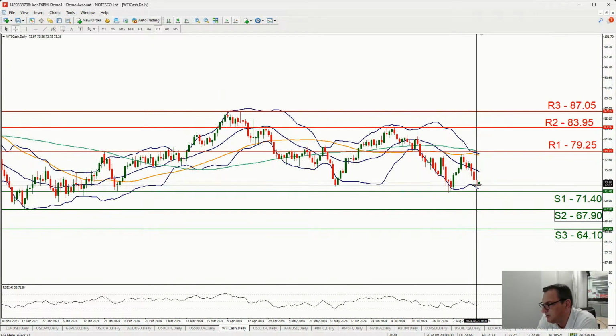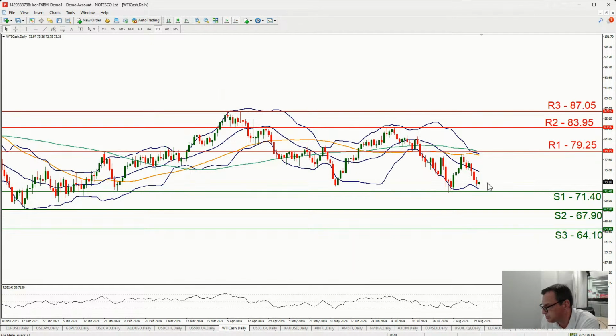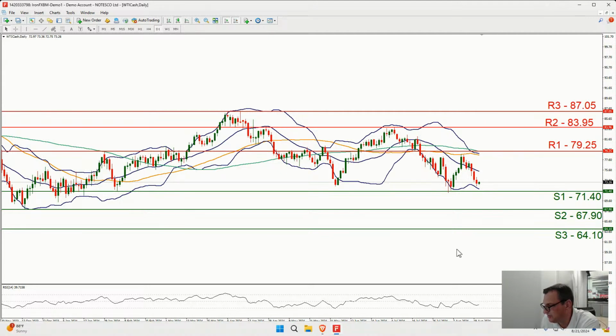On a technical level, once again, we're highlighting the sideways motion between the R179 and a quarter and the S171.40. For a bearish outlook, I would require the commodity's price to breach the S171.40. Mind you, this is WTI we're talking about, and start aiming for the S267.90. The RSI indicator remains between the readings of 50 and 30, implying that despite some easing of the bearish sentiment for the commodity's price among market participants, the bearishness in the market, in my opinion, is still there.